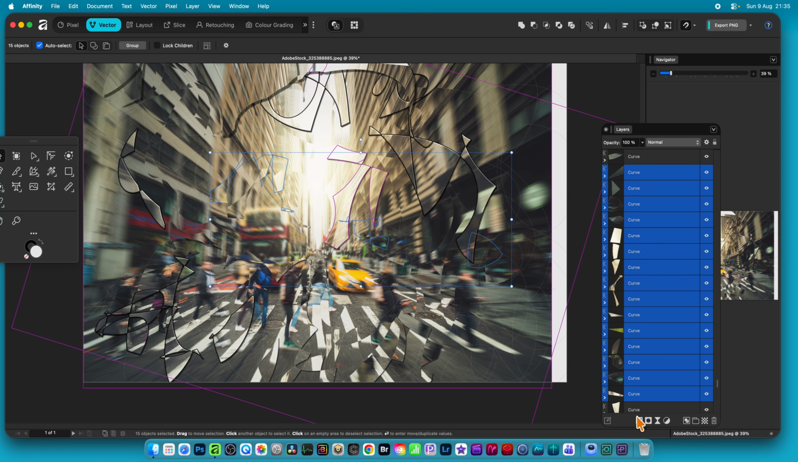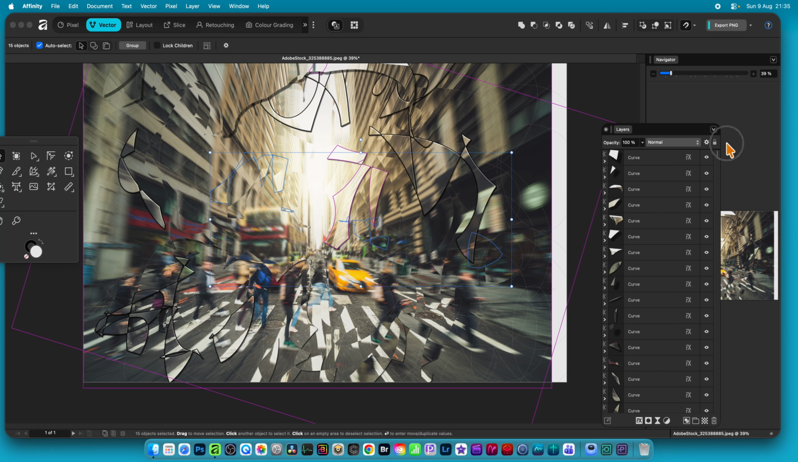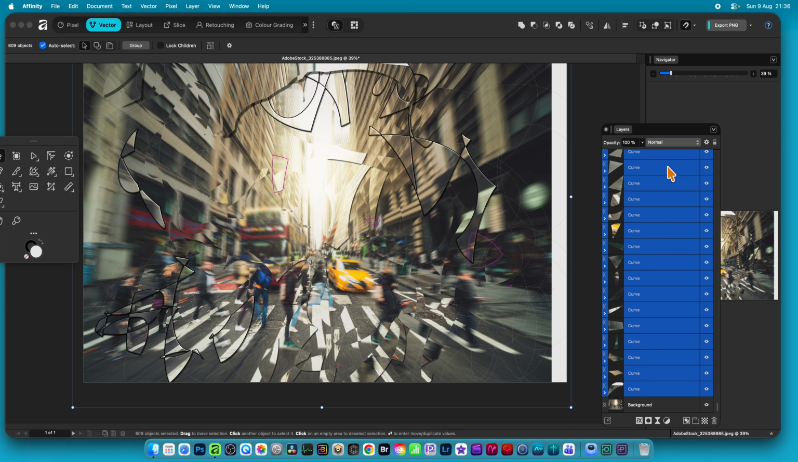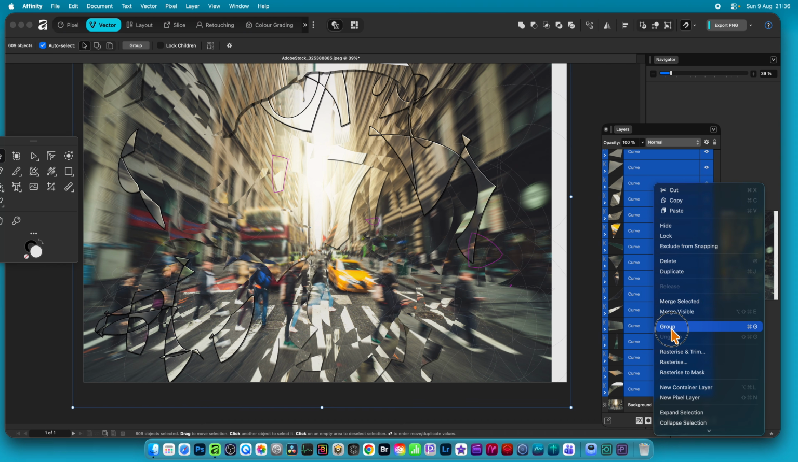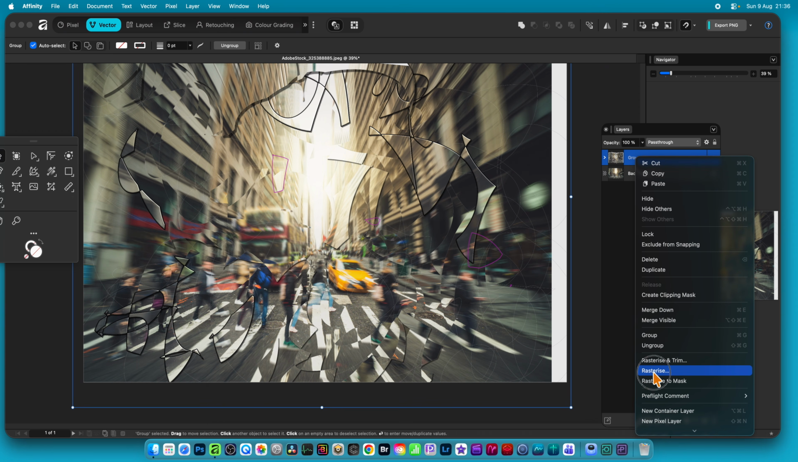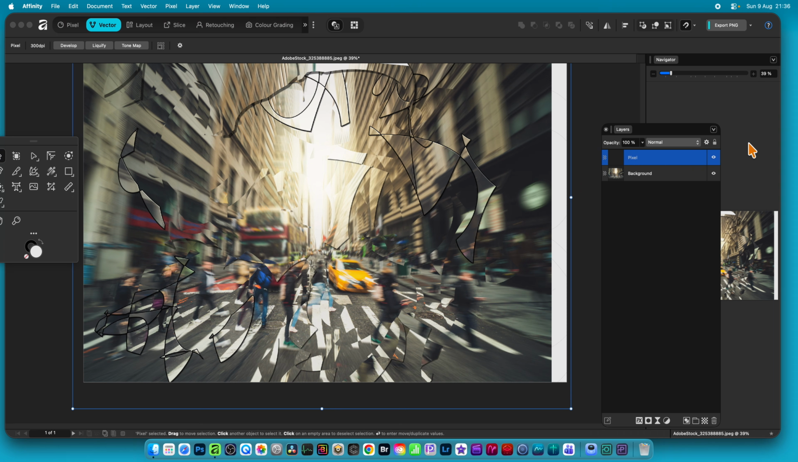Now, once you've got this, you could save it, make a backup of it. Now, I don't want to do that, but you've got all these curves, and I'm just going to go down, all these ones selected, and I'm just going to right-click and group. So they're all grouped, then right-click and rasterize. And they're all rasterized into a pixel layer. Now, with this, you can now do exactly the same. So you've got your image here,